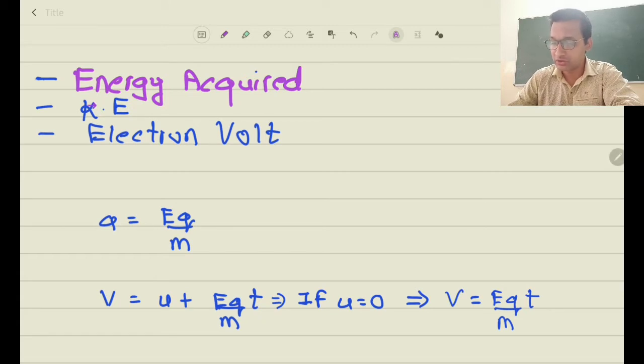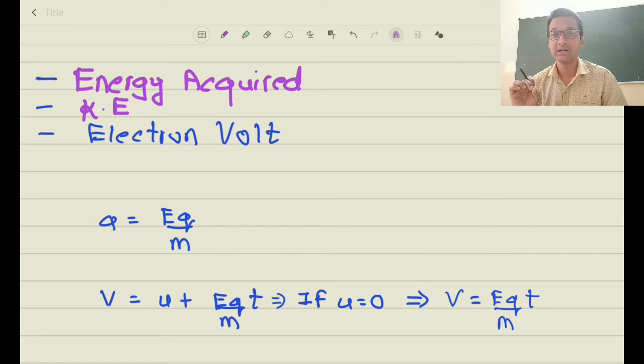We are also going to learn about kinetic energy of the charged particle, the equation for kinetic energy, because when a charged particle enters into a uniform electric field, it is going to be accelerated. That means there is an external force that will do some work on that particle, and whenever there is work done on that particle, the energy will change, whether it is potential energy or kinetic energy.